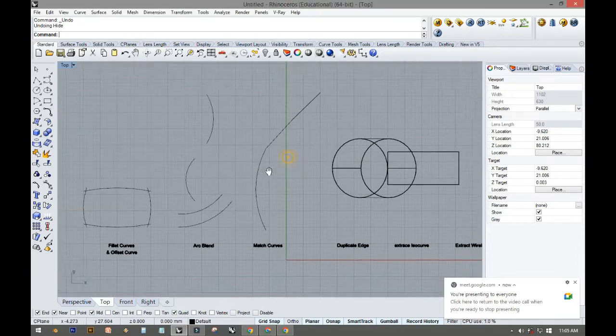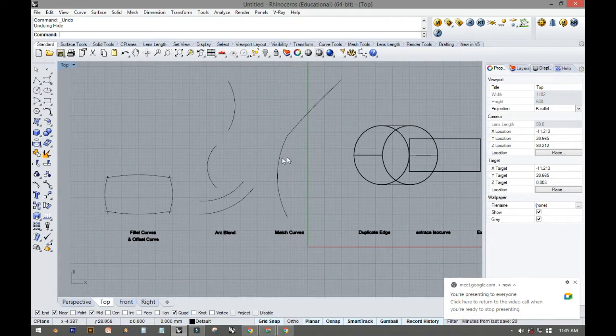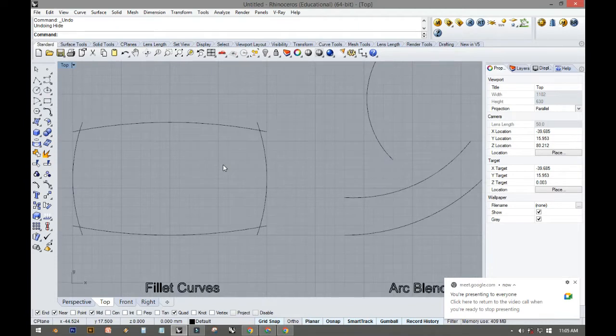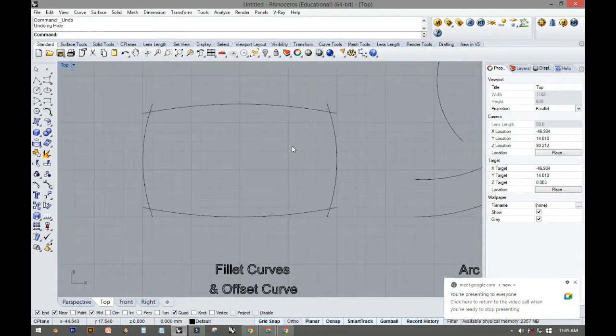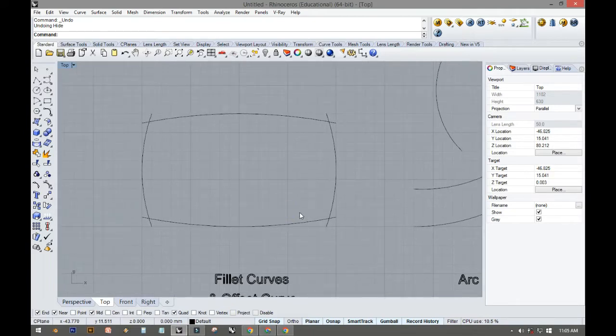Okay, good morning. So for today, we are going to have a look at a tutorial on how we can do some curve editing. Okay, so this one is like another level, quite advanced, because before this, I just explained to you how you're going to use the